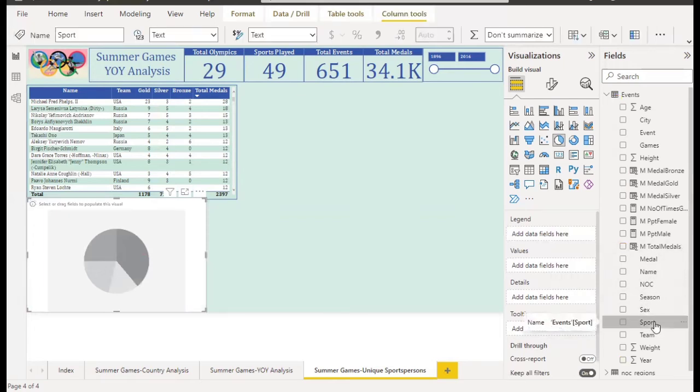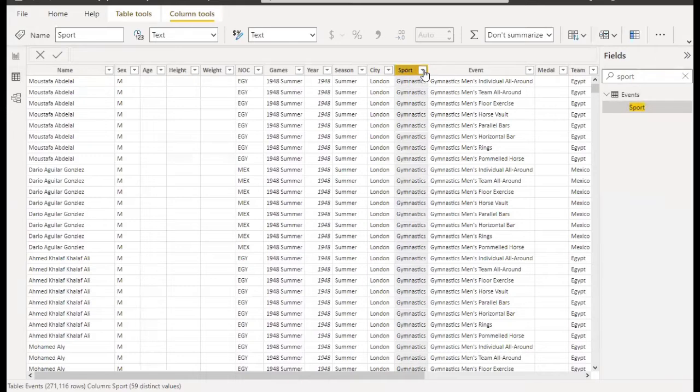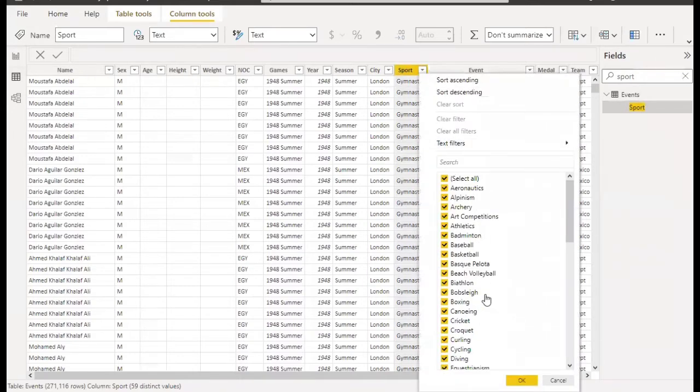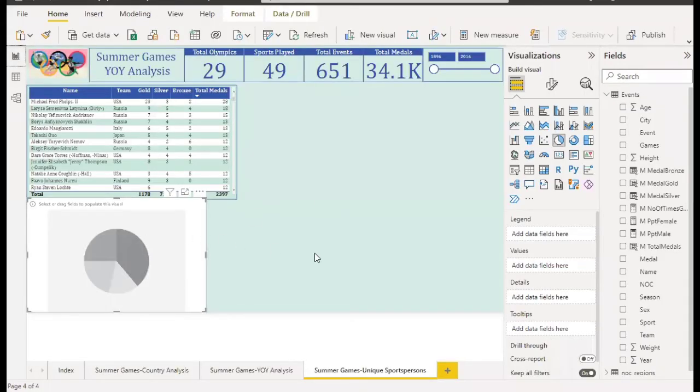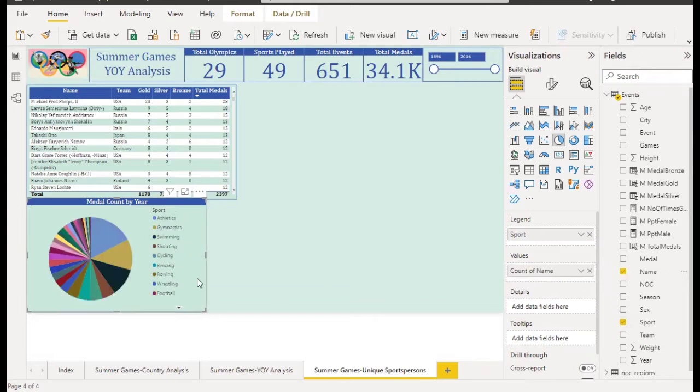This sports column tells us about the events. If we go to this data set and search for sports, you can see it's showing us all types of sports. It's athletics, cricket, diving, cycling. So we want to see how much each occupies. So pie chart, and here we have sports and the count of name, how many athletes there are in each sport. So here we have a list. Here let's make it big,